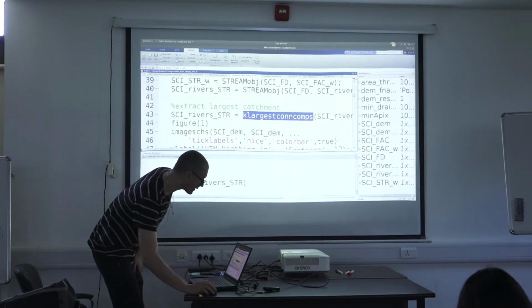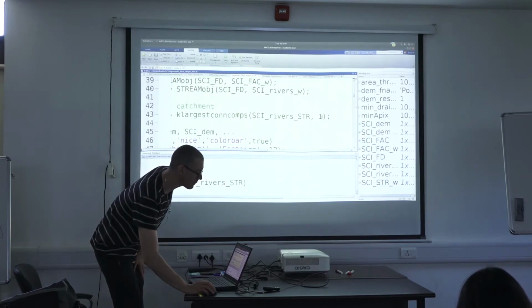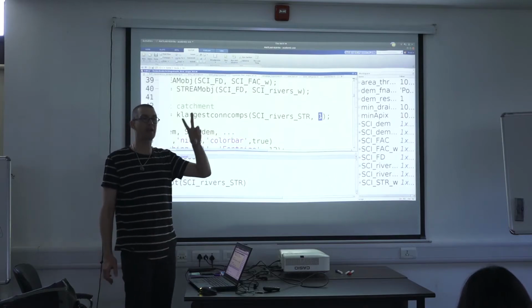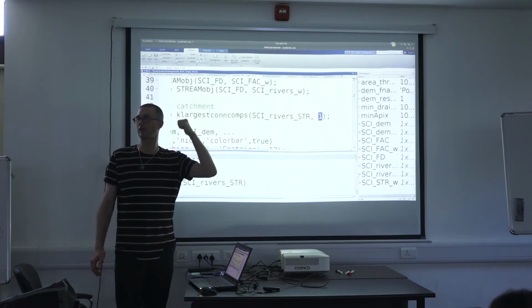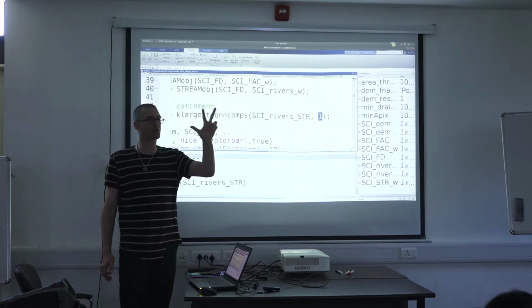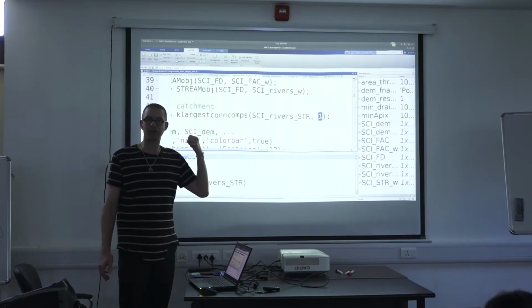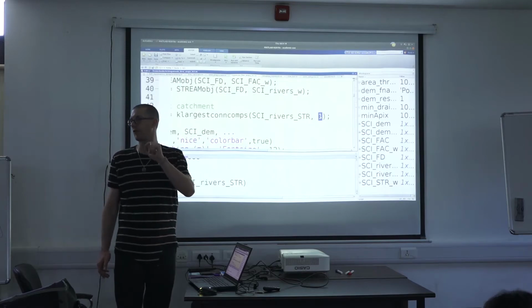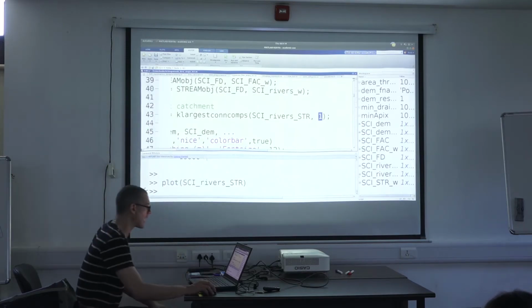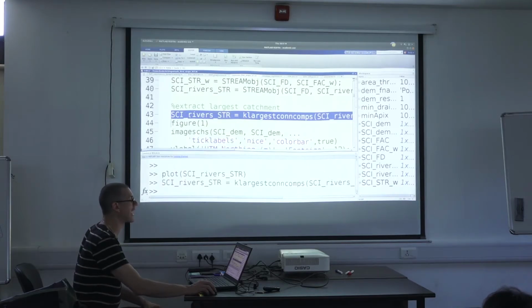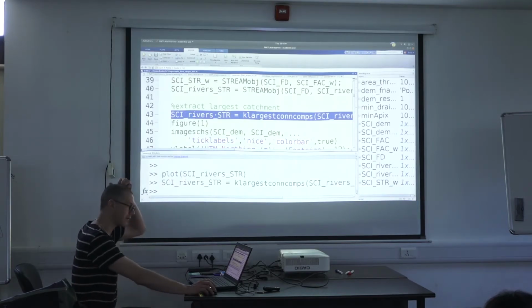This command also accepts the number of largest components. If we put a 2 here, we would extract the 2 largest river networks in your DEM. If you put a 3 here, then you would extract the 3 largest river networks. For this example, we only have 1 river network, right? So we extract that river network and we essentially override the existing